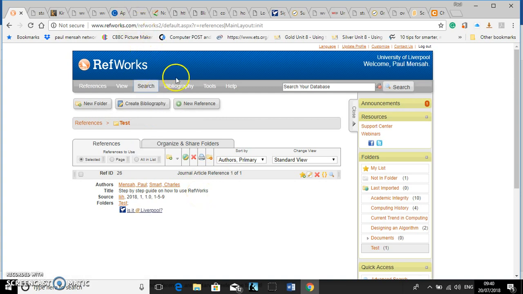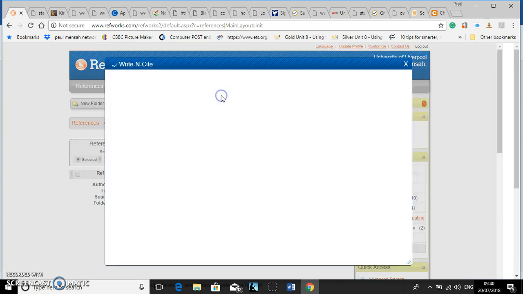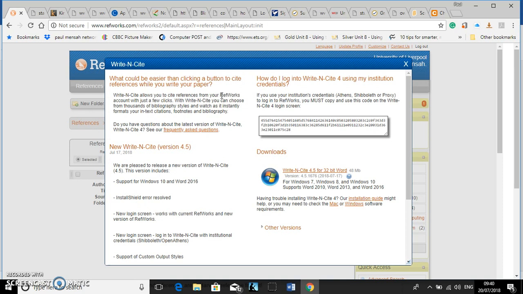Anyway, now when you go to tools on RefWorks, okay, under tools you've got write and cite, and you have got ref grab it. Now we are going to select write and cite. What we are doing now is we want to download RefWorks as an add-in for Microsoft Word. Okay, so the way we do this is by clicking on the right hand side 4.5 for 32-bit